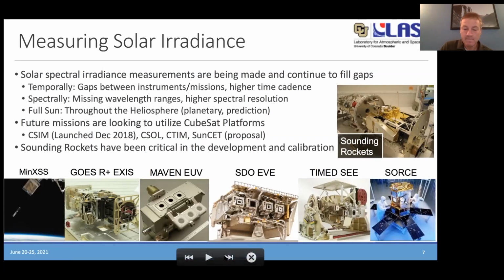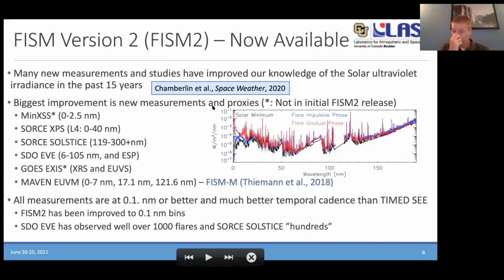And now getting into FISM 2. FISM2, the flare irradiance spectral model version 2, is now available. And I'm only going to briefly touch on some of the algorithms and some of the empirical modeling and some of the corrections that we do. But you see in that blue box there is highlighted a publication that is now out where you can find all the nitty gritty details of the model, a lot better than I'm going to touch on here, including the uncertainty calculation.